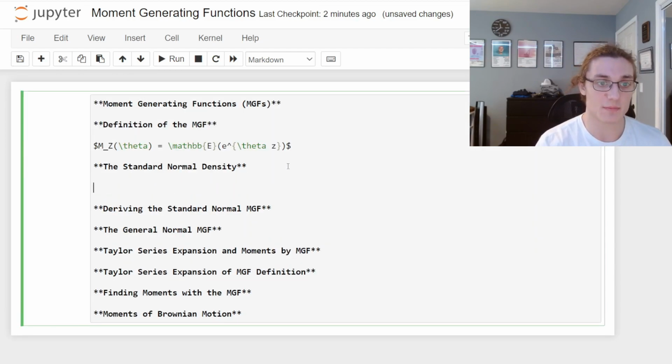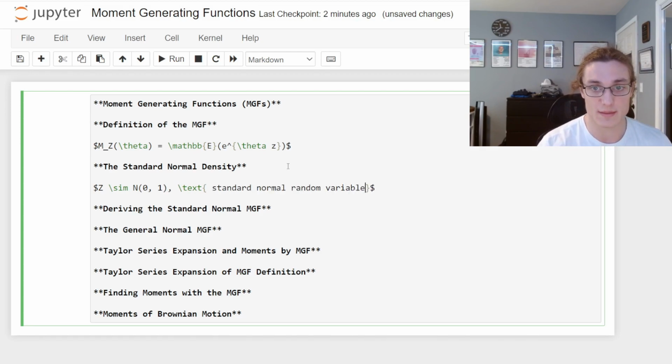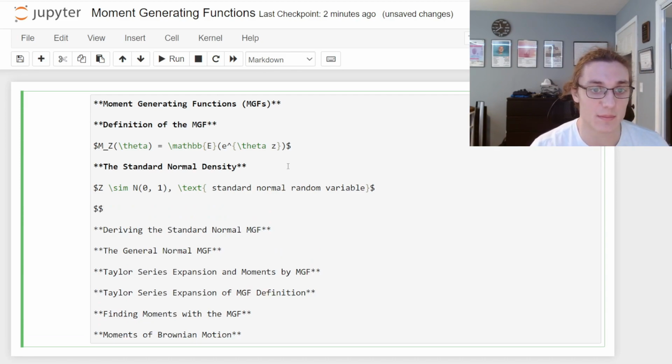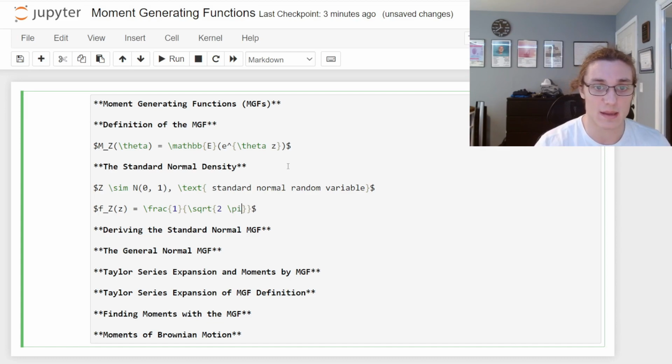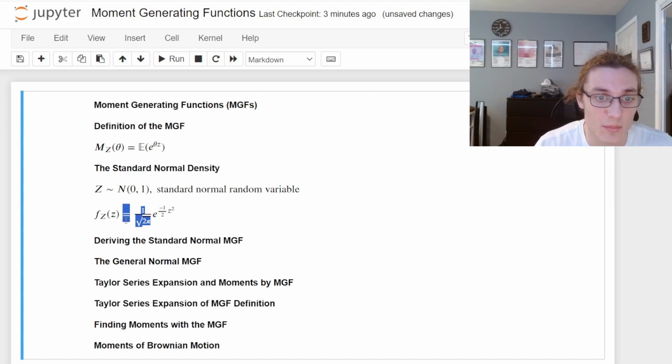because what we have here is some random variable Z, which we are going to say is distributed normally with mean 0, standard deviation 1. This is the so-called standard normal random variable, and it has an accompanying probability density function. That is, it is defined in terms of a unique probability density function, f of capital Z, and we'll just use little z as the parameter, is equal to 1 over the square root of 2 pi times e to the -1/2 z squared. Okay, so this is the normal probability density function here, specifically the standard normal probability density function,